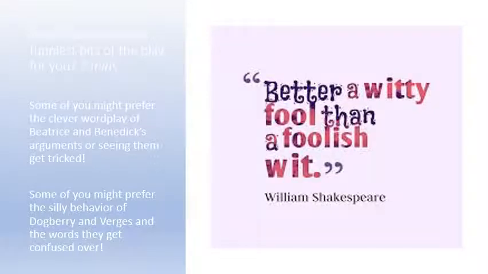So just a little bit of reflection back over the play. What have been the funniest bits of the play for you so far? Some of you might prefer the clever wordplay of Beatrice and Benedict's arguments, or seeing them getting tricked, if you remember. Particularly, I do think that Benedict was particularly funny in that, because he's really so pompous, isn't he, that it was nice to see him taken down a peg or two,